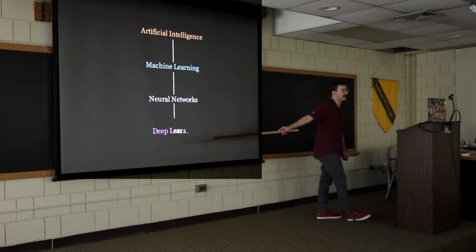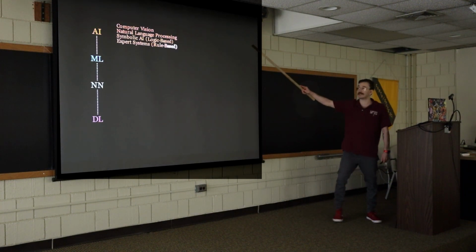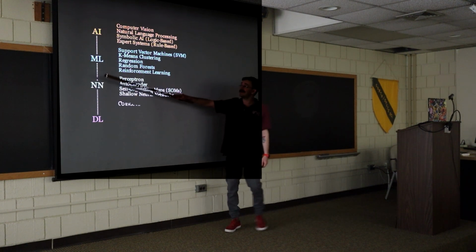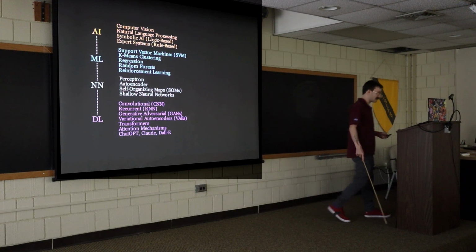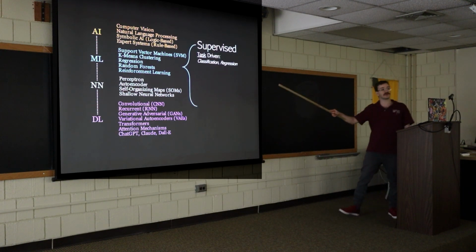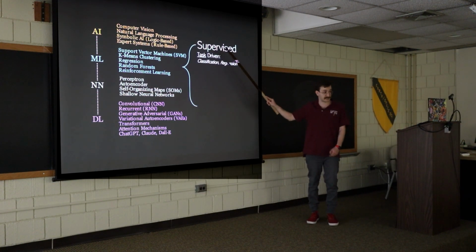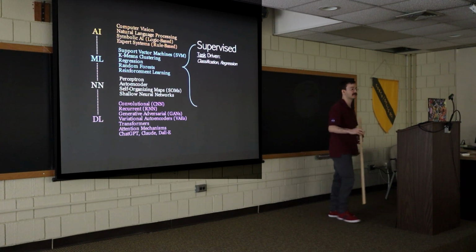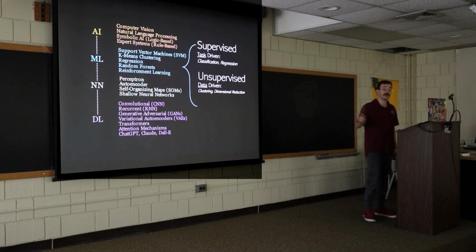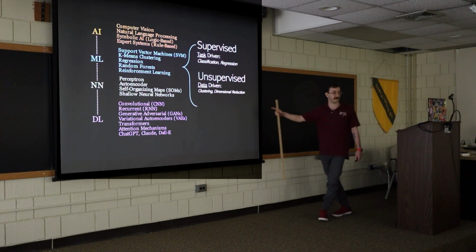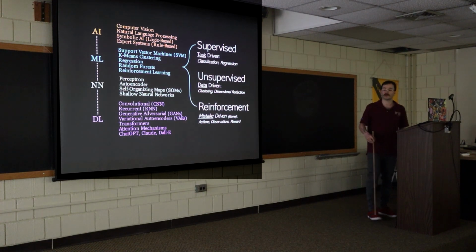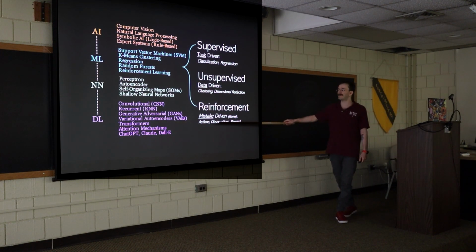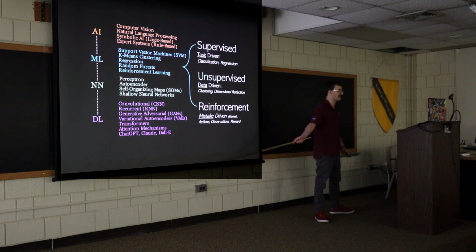So I wanted to find some terminology to help out. We have artificial intelligence, machine learning, and within that, neural networks and deep learning, right? A lot of these terms can be conflated pretty easily. I'm not going to go into all of them, but just understand that within all of these, we have supervised learning, which tends to be task-driven, so something like classification. We have unsupervised learning, which tends to be data-driven, so you're doing something like clustering. Or you have something that is reinforcement learning based, so it's more like a game, and we won't go into that today, but it's a pretty interesting side of